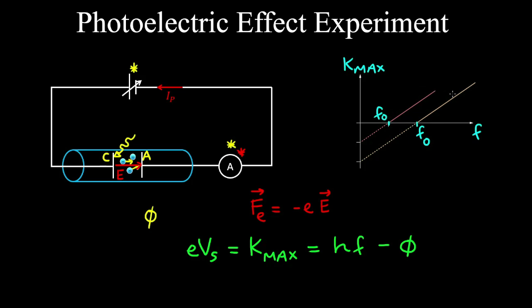For two different metals, we have the same slope of the linear relationship, which is equal to Planck's constant. If we extend these lines to touch the y-axis, we can determine the work function for each of those different metals by reading the y-intercept. Noting there's no kinetic energy below the threshold frequency, that's why we draw these as dotted lines below the horizontal axis.